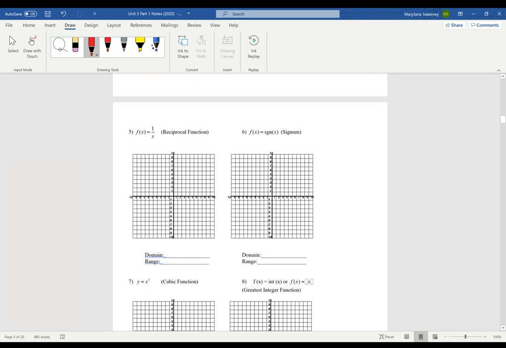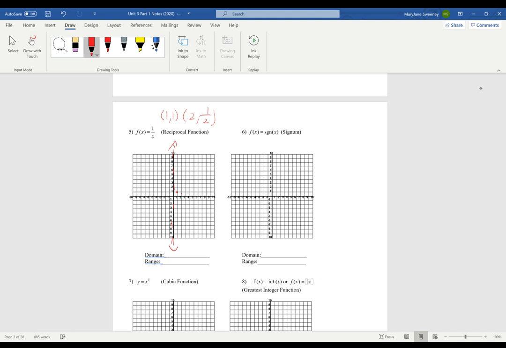The reciprocal function. It's called the reciprocal function because that's exactly what the points are. They're reciprocals. Now, first of all, if x is 0, this thing is undefined, which lets me know there's a vertical asymptote at x equals 0. So I'm just putting a dashed line there. That's something we're going to approach, but not cross. Now, if I put 1 in for x, I get 1 for y. If I put 2 in for x, I get a half for y. So 1, 1,